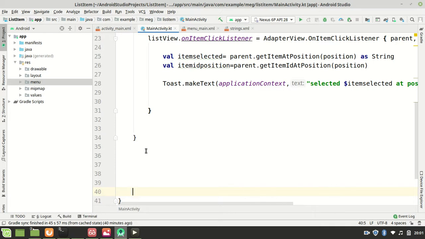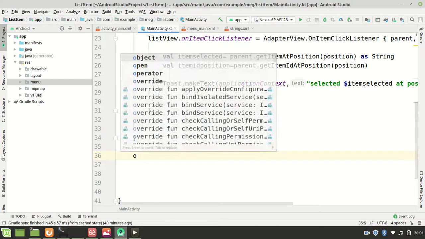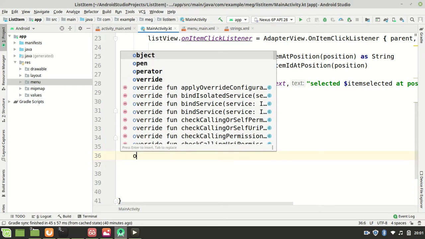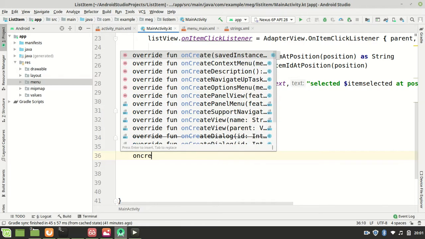So we can start with the first one. We can simply come and say that is to make it work. So we are going to create a function. So we can say on create. So we select the on create options menu. So we can continue on create